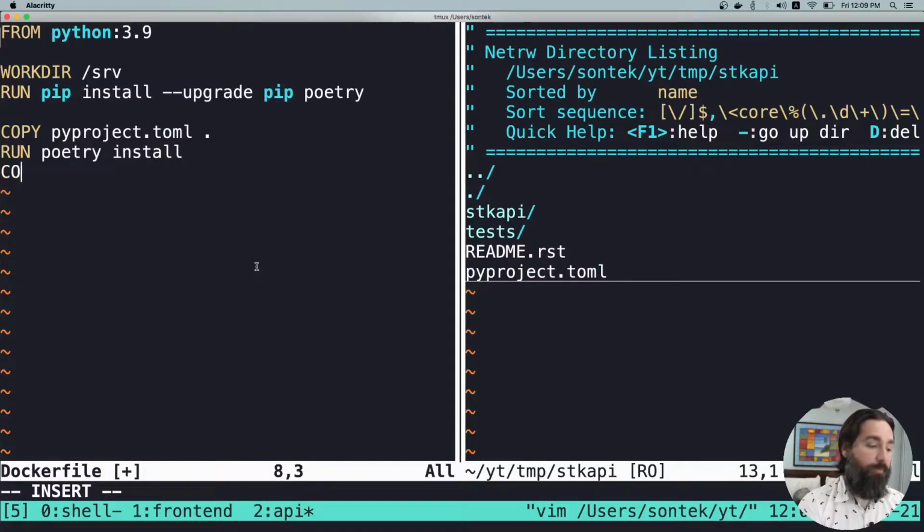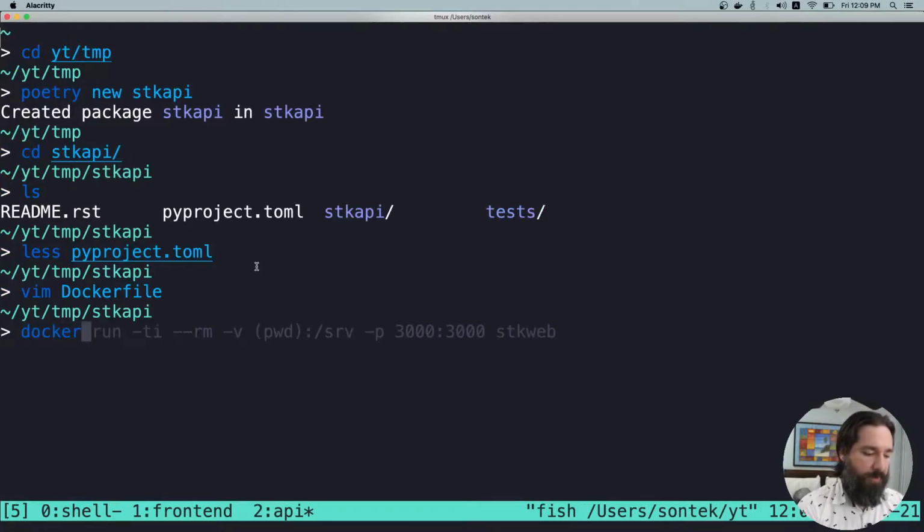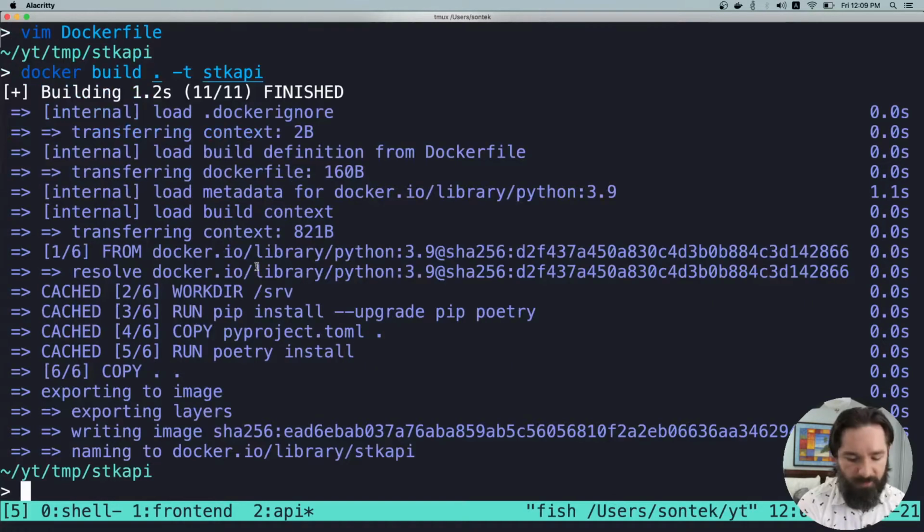And then we'll do the same thing. We'll copy all the files up. So that will give us our base Python Docker. So let's build that. Docker build. Make sure we didn't screw it up. Looks like it works. So if we want to run that,